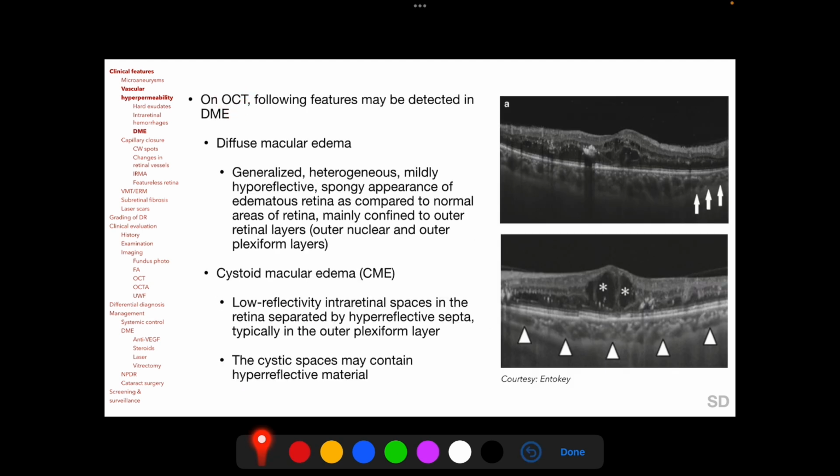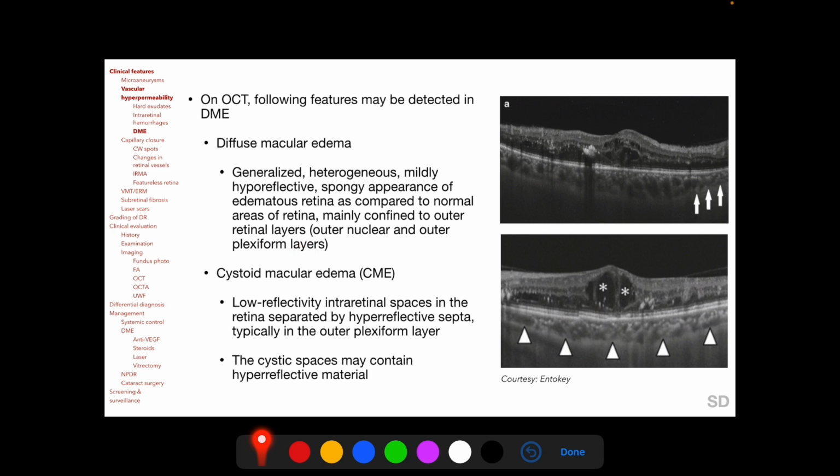OCT is the most common diagnostic imaging modality used for evaluation of diabetic macular edema, and the following features may be detected on OCT singly or in combination, and these include diffuse macular edema, cystoid macular edema, subretinal fluid, and vitreomacular traction. Diffuse macular edema is described as generalized heterogeneous, mildly hyporeflective, spongy appearance of the edematous retina as compared to normal areas of the retina, mainly confined to outer retinal layers such as the outer nuclear and the outer